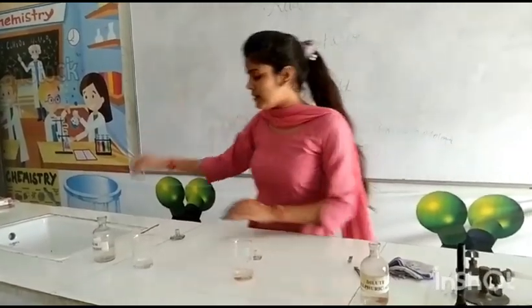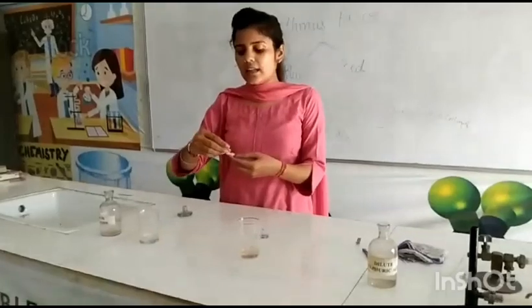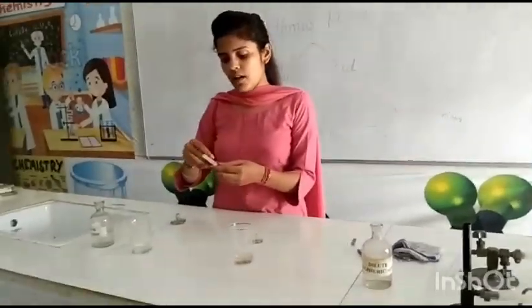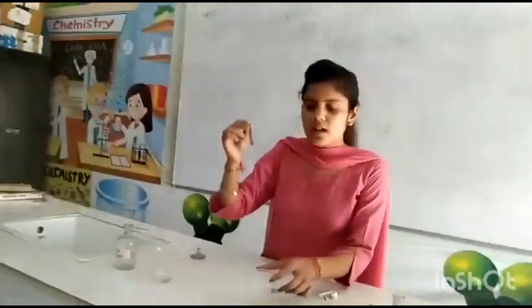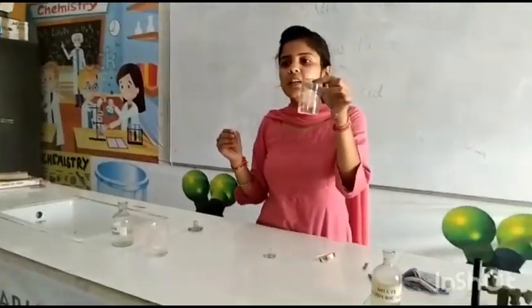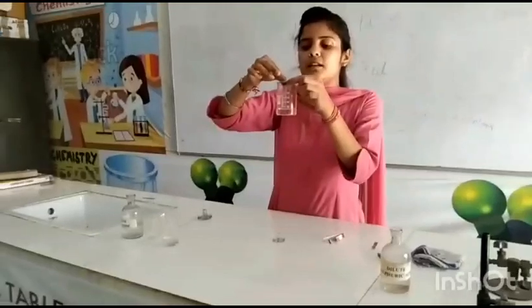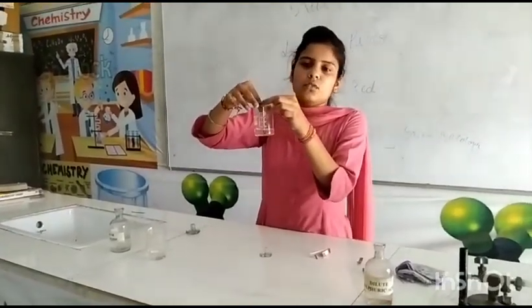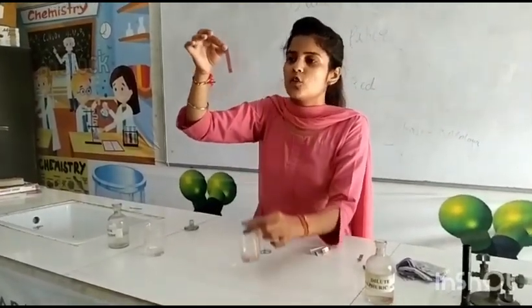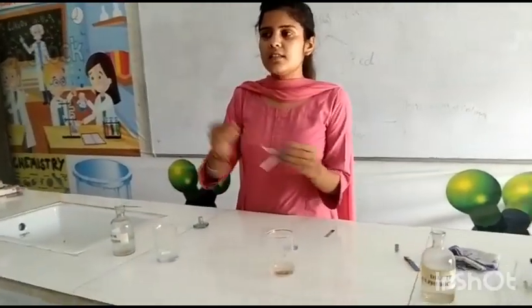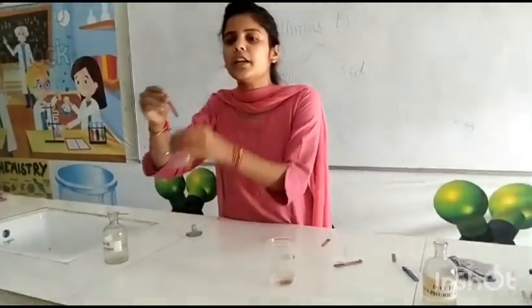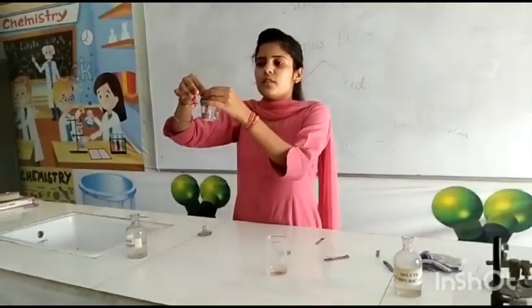Understood? Now next, we will take red litmus paper. I am taking this red litmus paper. This is the dilute sulfuric acid. We will dip this litmus paper in the acidic medium. No color change is there, right? Yes, ma'am. Clear? Yes. So ma'am, now we will see in the base which color is there. In the base, this red litmus paper will be converted into blue.